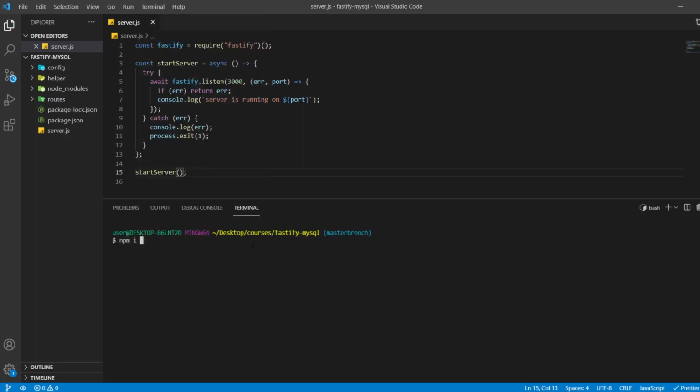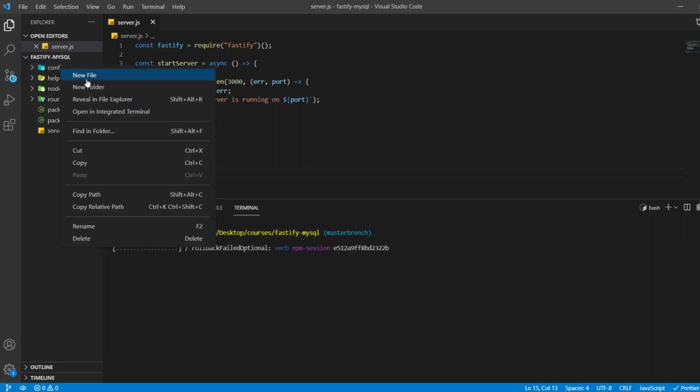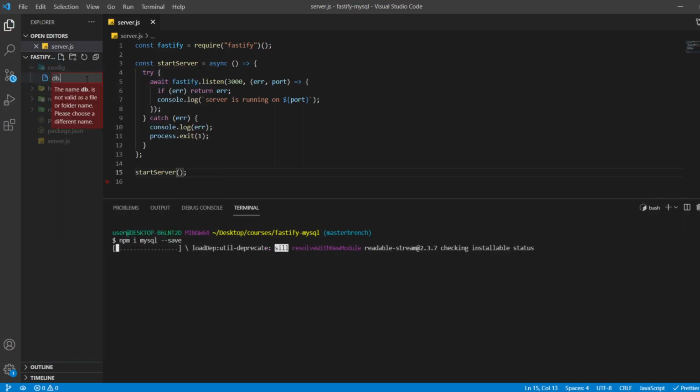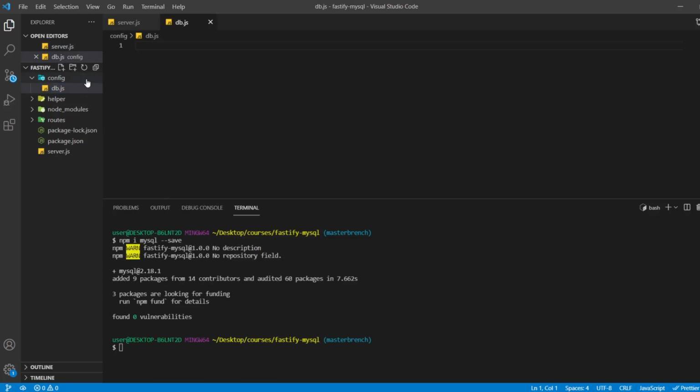We'll install MySQL. While it is downloading, let me just create a file db.js. Inside db.js, we'll write all the code for connecting the MySQL database with Fastify.